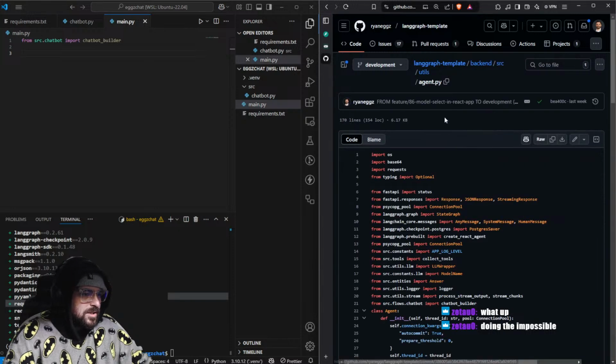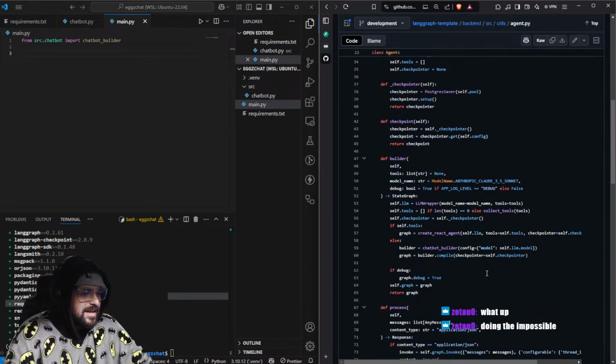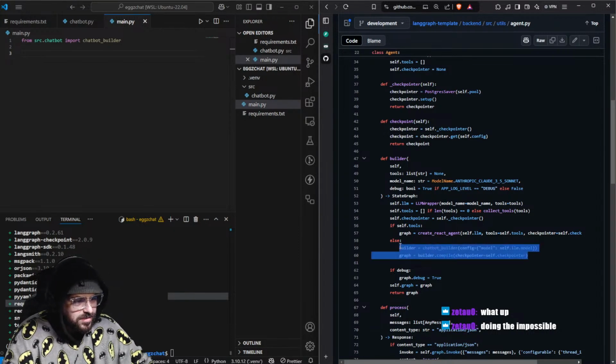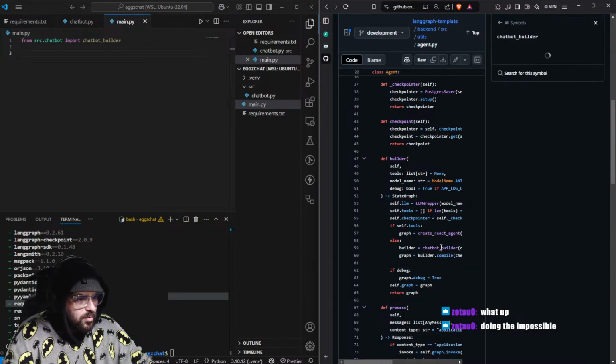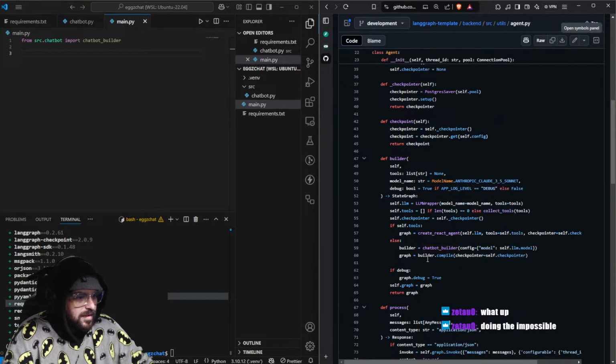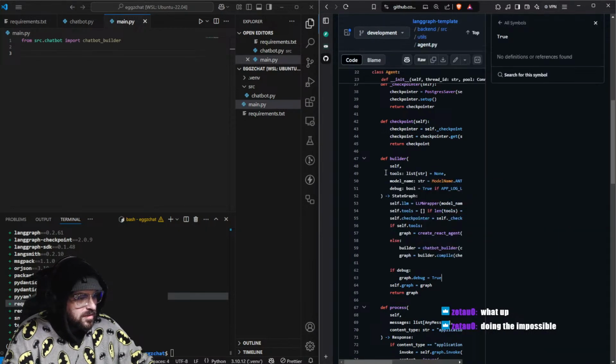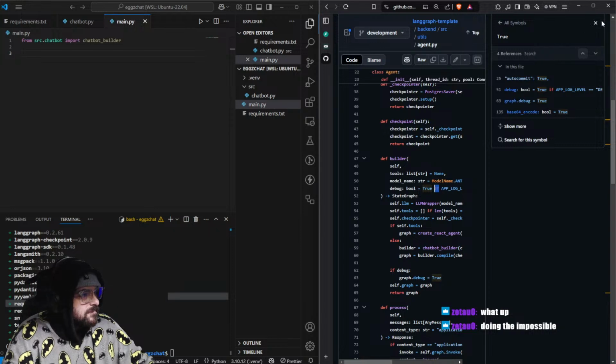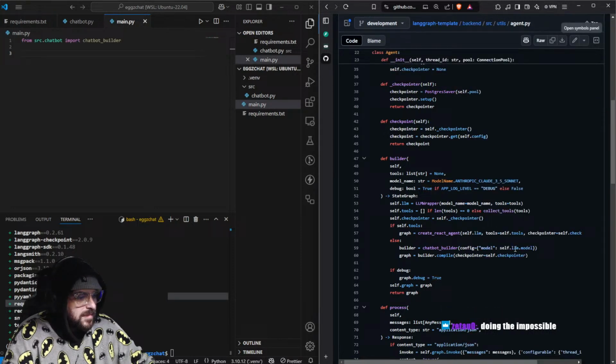Even before ChatGPT, it was pretty much copying and pasting. Here it is. It's in the utils agent.py. This is the bread and butter. So as you can see here, this is exactly how I use it. Just 2 lines of code. You just import the chatbot builder. Internal of this function for the builder, you can end up passing it the model name. And then you have a dynamic